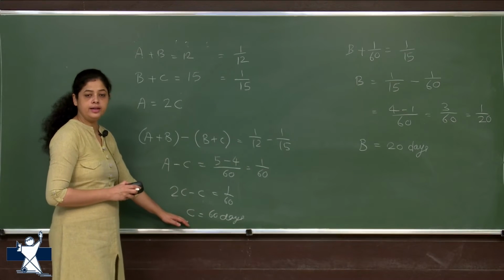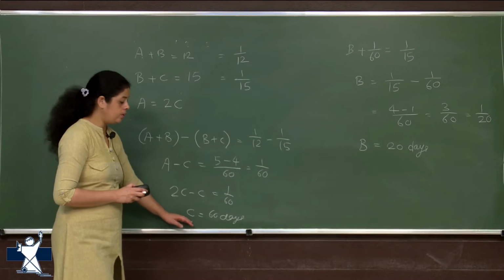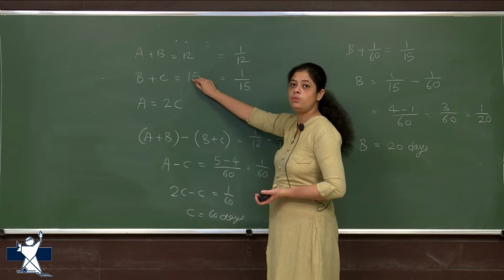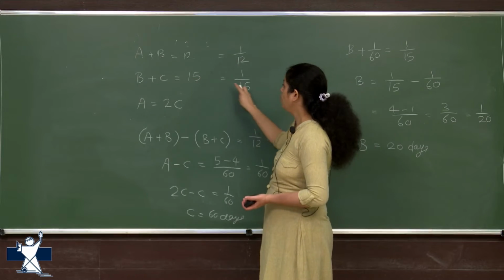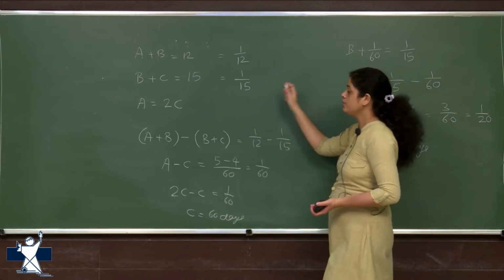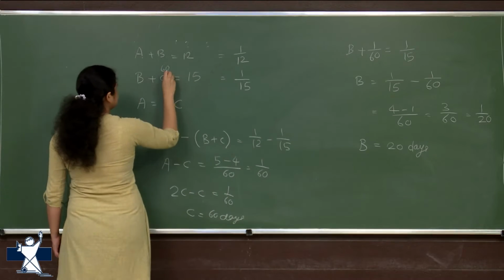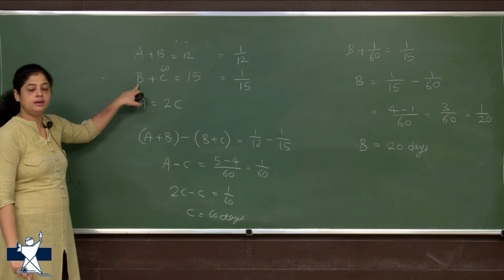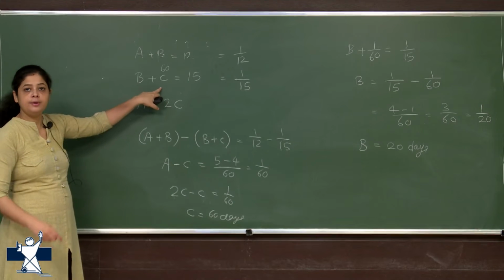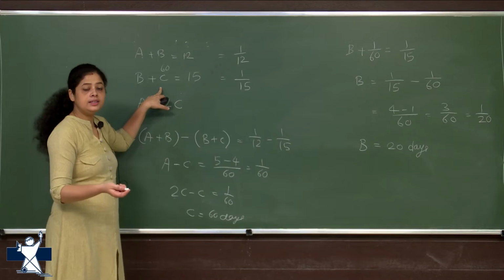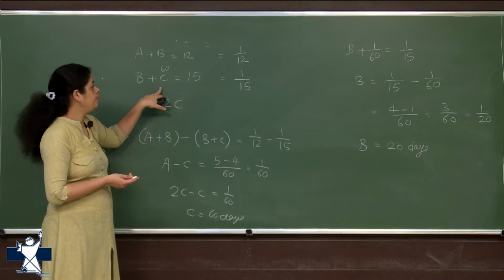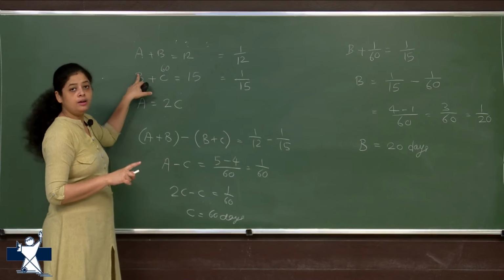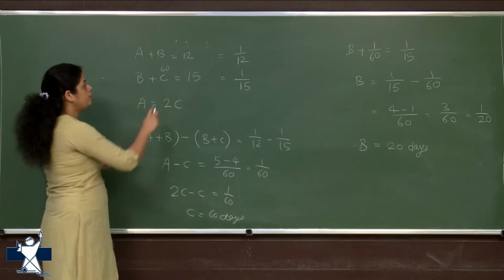So we get C as 60 days. So C alone is taking 60 days to complete the work. That means its 1 day's work will be 1/60. This equation is for 1 day's work, right? So 1/15, because if we put total 60 here, 60 is not the correct answer. C अकेला 60 दिन लेता है, पर B के साथ obviously it will take less days, right? क्योंकि जब दोनों साथ में मिलते हैं तो दिन कम लगते हैं. जब number of people increases, number of days decreases, right? So 60 is its alone work. If he is working alone, he will take 60 days. But with B, we don't know how many days he is taking. That's why we cannot put 60 directly here.